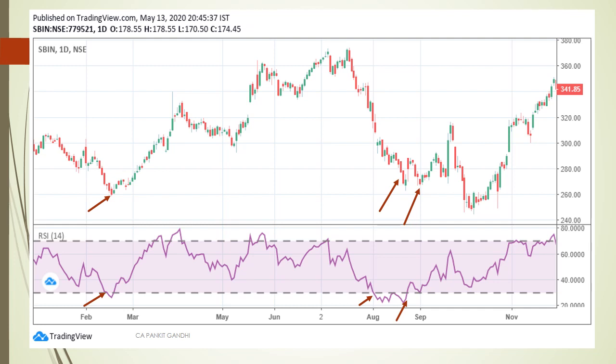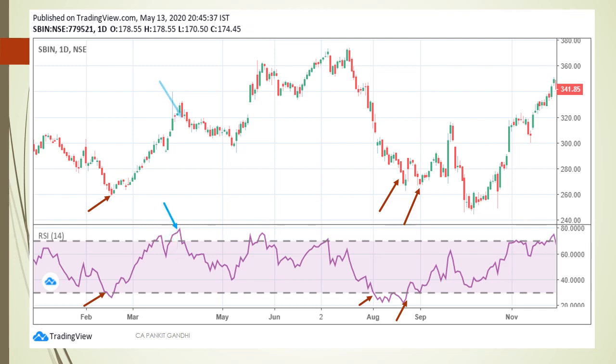In the chart above, you can see the price had just reached 260 when the RSI was below 30, and when RSI started to move up again, you can see the rally from 260 directly to 340. You can see another 30 level crossing in August, where it went to 260 again, and in a few days it touched 280 also. Again it went back to 30 levels in mid-September, and it rallied from 260 directly to 320.